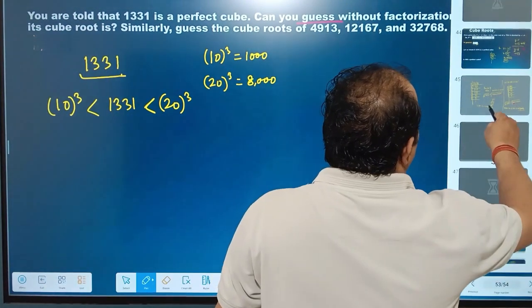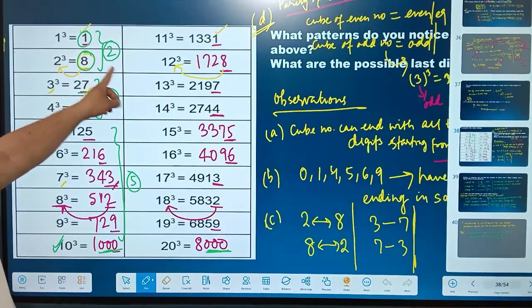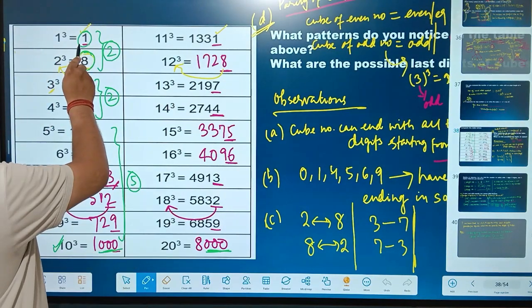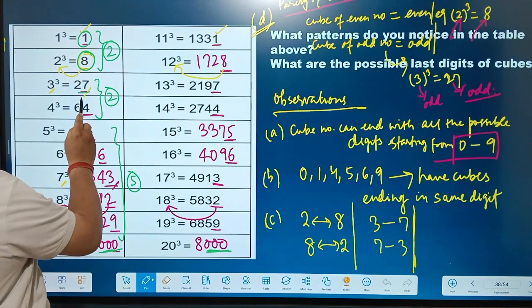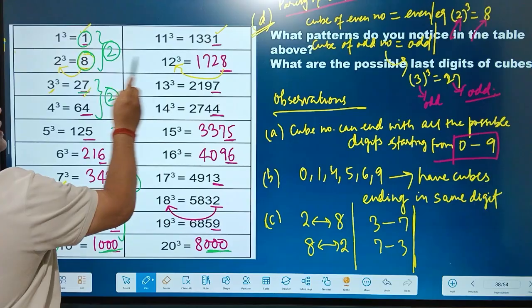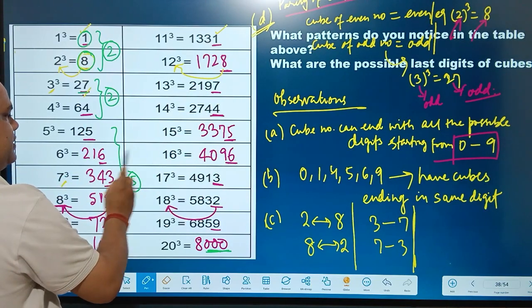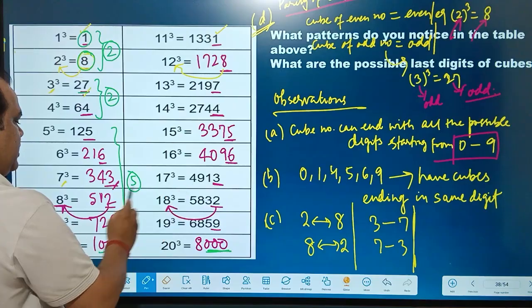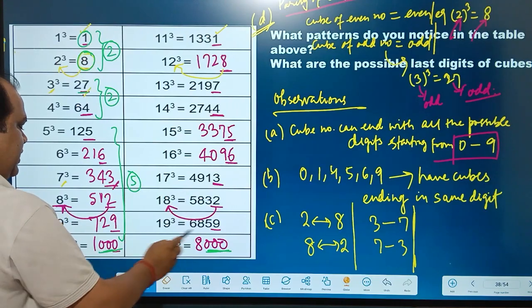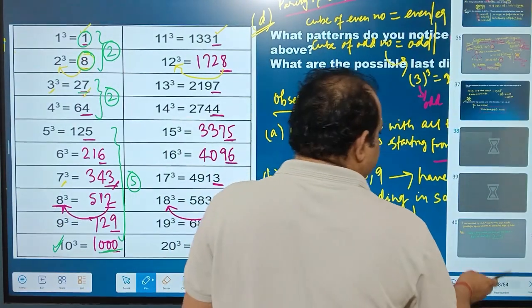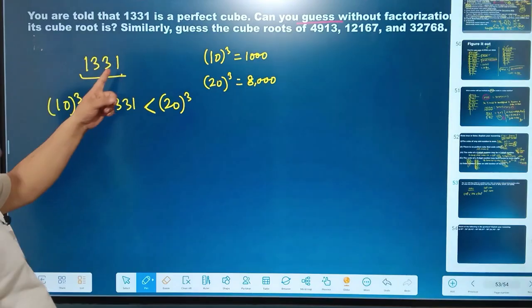सो दैट आपको आप रिकॉल कर लोगे। ये देखिए क्या हमने पढ़ा था, पैटर्न्स क्या देख रहे हो, देखो 1 यहाँ एंड कर रहा है तो यहाँ भी 1 है, यहाँ पे 7 है तो यहाँ भी 7, यहाँ 8 है तो यहाँ 8 है, यहाँ 4 है तो यहाँ 4 है, यहाँ 5 है तो 5 है, 6 है तो 6 है, 3 है तो 3 है, 2 है तो 2 है, 9 है तो 9 है, 0 है तो 0। हम यहाँ पे चलते हैं फिर अपने क्वेश्चन में। ये क्या कह रहा है, ये नंबर 1 से